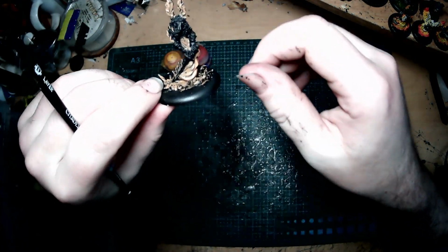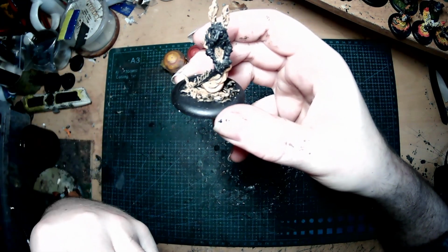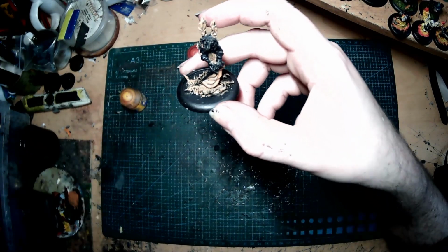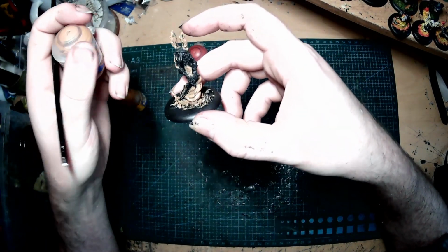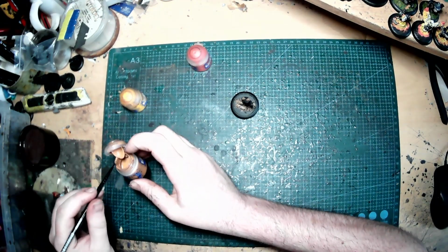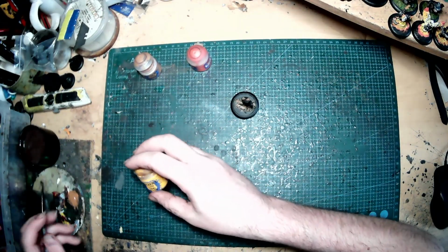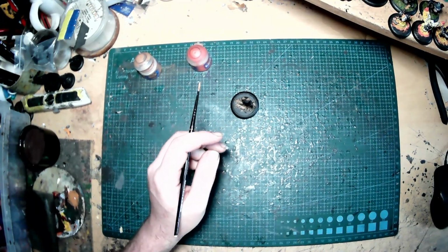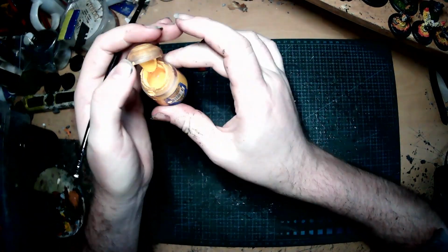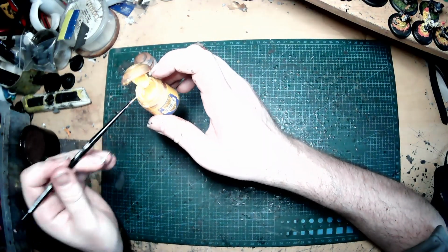Okay, so another reason for having quite watered down paint is it dries very quickly. Now we could just go straight for another layer of Deathclaw brown if we wanted a highly bright colour. However, I'm just going to do a 50-50 Deathclaw brown using the same part of the palette for Uriel yellow. And in fact, just to show you, Uriel yellow can go straight over the top,